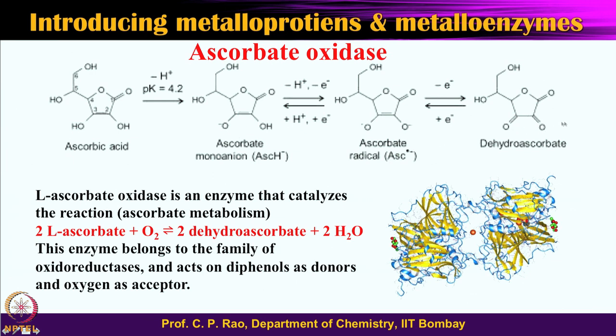So, you need a dioxidation. Obviously, you are getting two keto moieties here from the two phenolic or two hydroxy moieties over there. So, ascorbic acid goes to dehydroascorbic acid. This is basically an oxidative reaction. So, the enzyme is a redox enzyme, and it acts on diphenols, dihydroxy compounds. We have also seen in the previous example that they act as donors and oxygen as acceptor, because oxygen will accept the